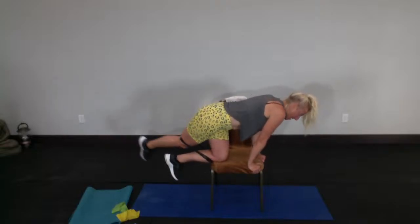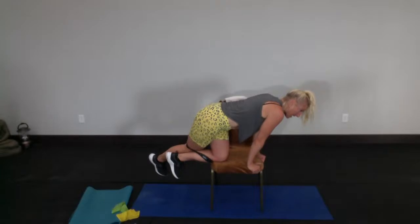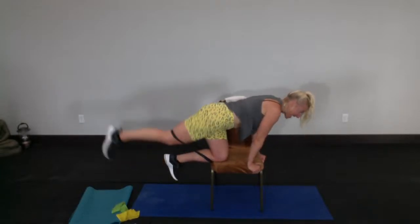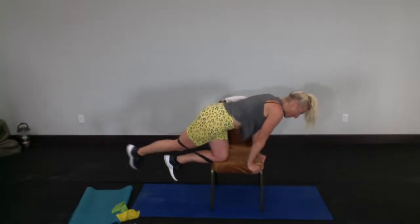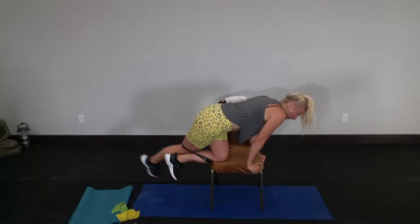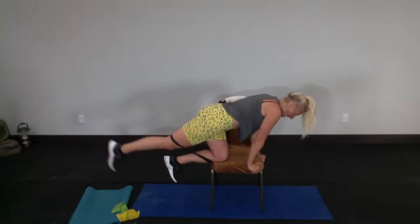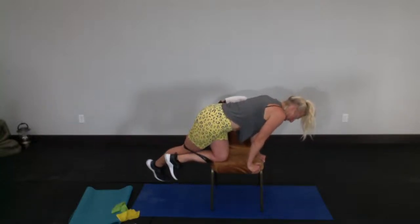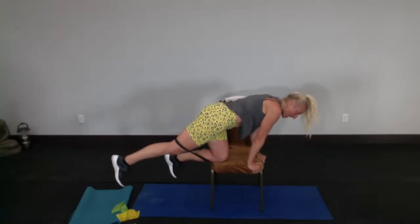Bring it up and out, behind, up. I know you have to think about that behind portion a little bit, but I want the emphasis to be on the lift up, and up and out. You've got 10, and 8, 7, 6, 5, 4, 3, 2. Now we gotta hold that leg up and out, and we're gonna give you little teeny upward